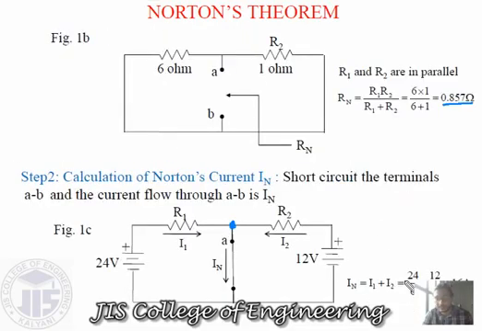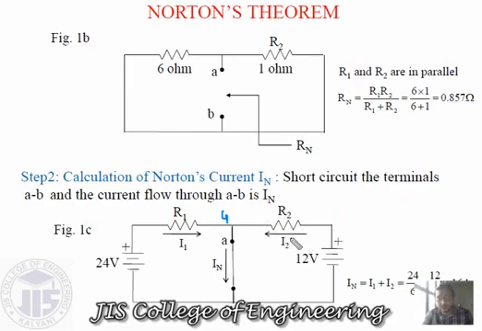Generally, from the equation given over here, we can clearly see that if a 24 volt source is given, and we consider that this I1 current is leaving from that source and moving over here, only one resistance is in this path and no more resistances. So for this I1 current, 24 divided by this 6 ohm resistance gives us 4, and over here this is the 12 volt source, and this 1 ohm resistance.